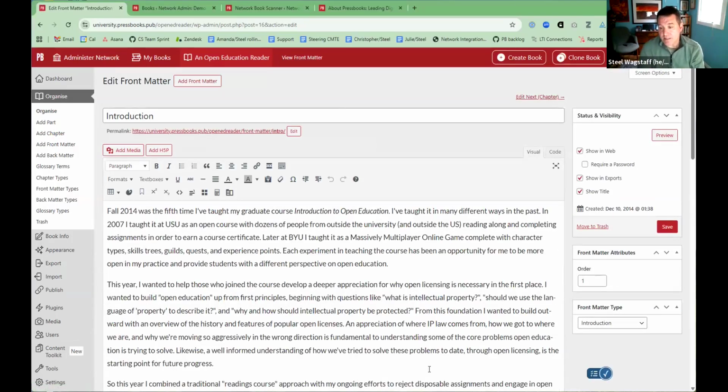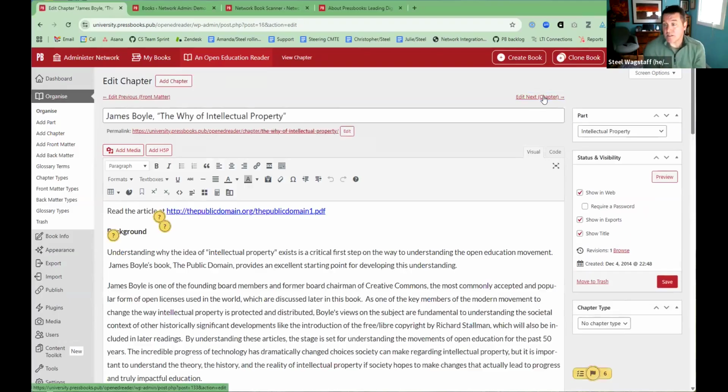And what you'll notice is in the bottom right, there's a small widget that appears here. This is the Accessibility Assist tool appearing in the visual editor. And right now there's a blue check mark, and that's good. It means I don't have any issues on this page. Great. So I'm going to click Next and go to my next chapter or the next piece of content in the book.